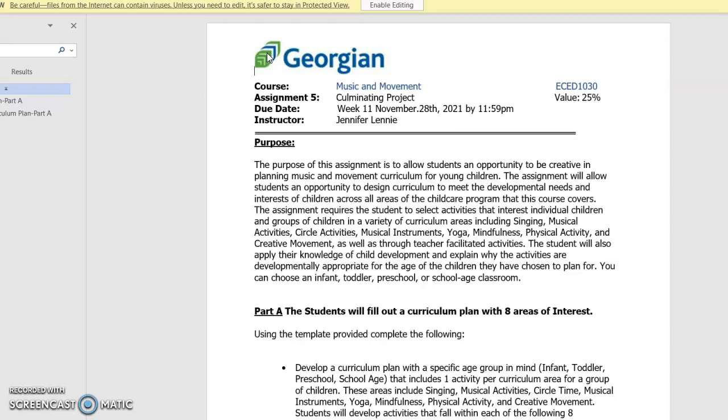The student will also apply their knowledge of child development and explain why the activities are developmentally appropriate for the age of the children that you have chosen to plan for. So your first task with this assignment is to choose which age group of children you would like to plan for. You have the opportunity to plan for infant, toddler, preschool, or school age.